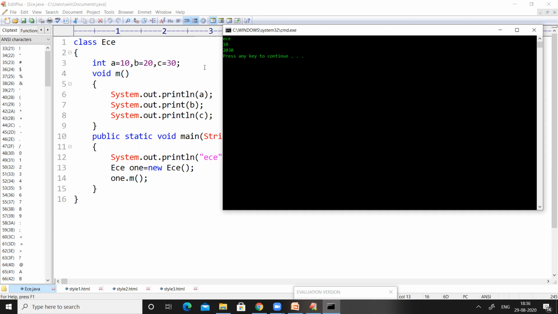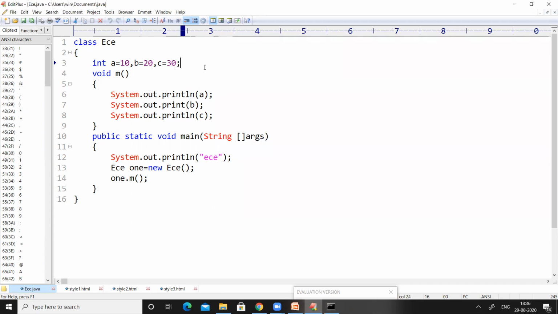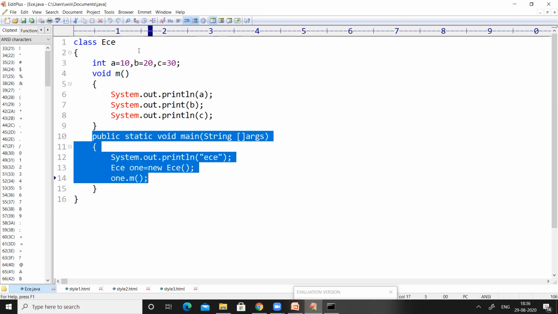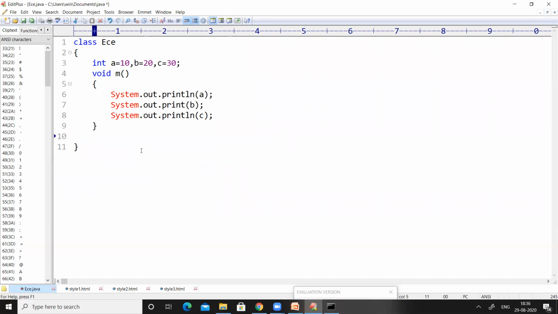As I said in the last session, I have written the main method in this class only. We can also write this main method in a separate class.